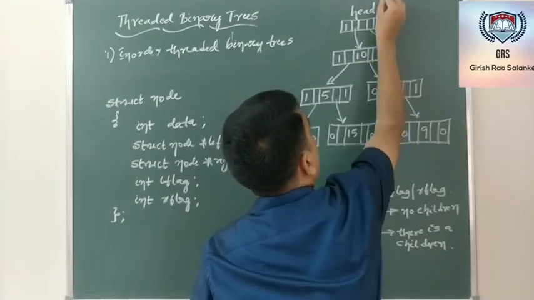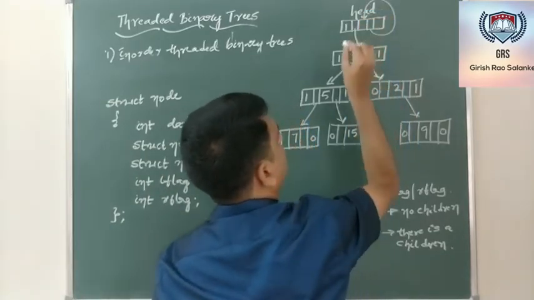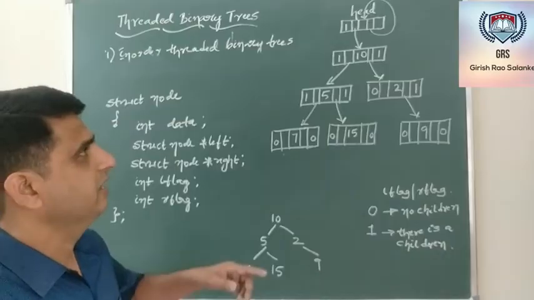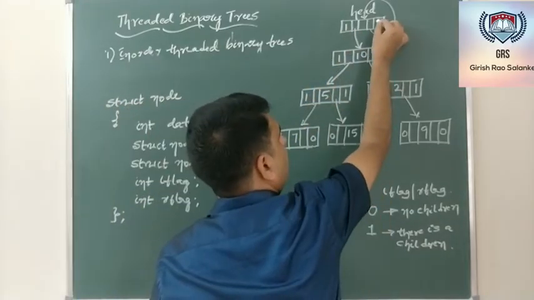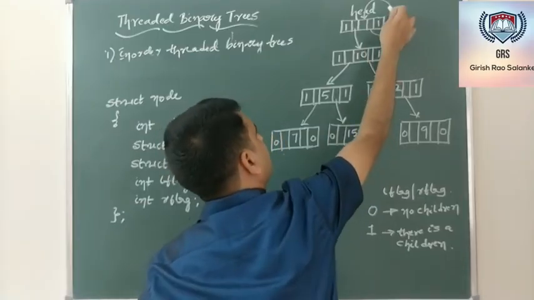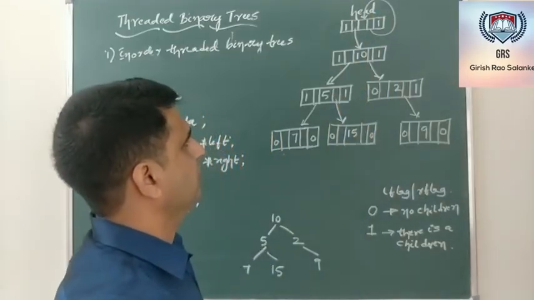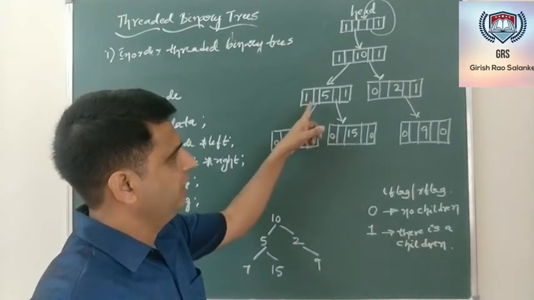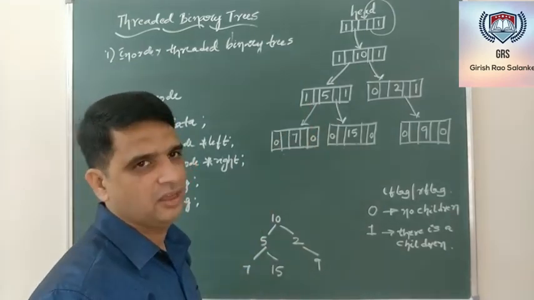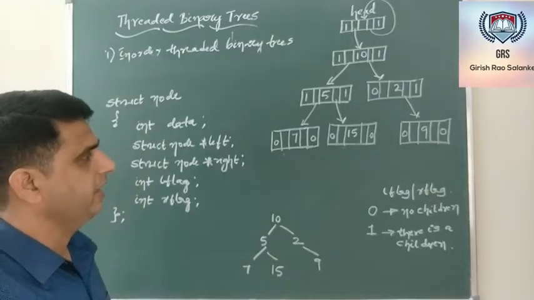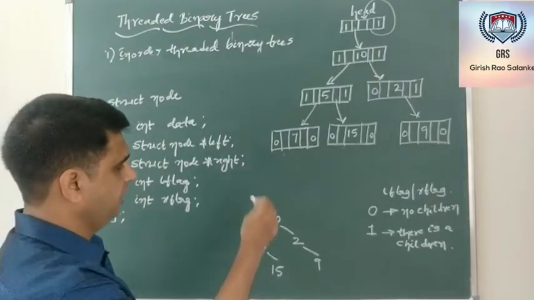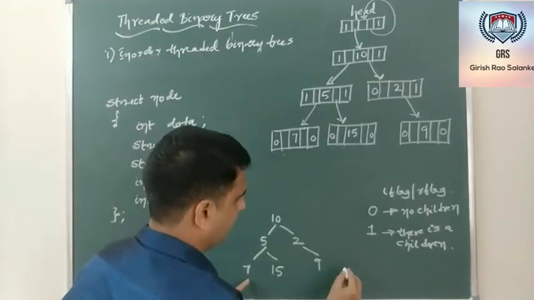It is pointing to itself. That means the address is occupied, so I'll store 1 here because head of right is pointing to itself. There is an address stored, and if there is an address, it implies 1. If there is no address, it implies 0. Now, to make this a threaded binary tree, what am I supposed to do? So what is the in-order traversal? Let me write the in-order traversal once again.